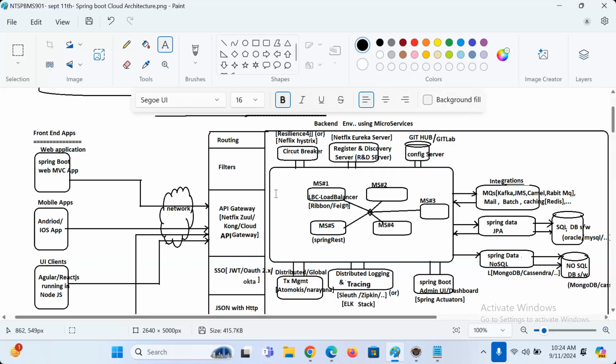Are you getting my point, guys? What will this Cloud API Gateway do? Number one, routing. Routing means what? Taking the request and passing it to each microservice. Filters to apply pre and post logics.